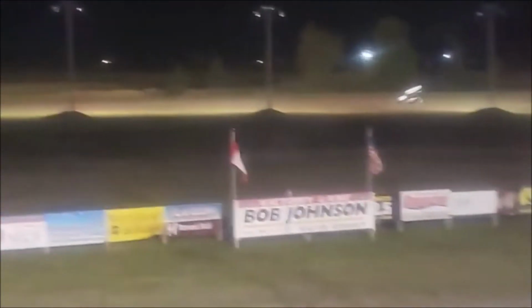Billings now will try to fend off the 30 of Klinkowski. 27 to Billings. That car doesn't sound like it's running up to par right now as they hit the back straightaway. Klinkowski closing in quickly on him down the back chute, as is Josh Verne Jr. Verne going to the inside lane. Oh, Verne spins